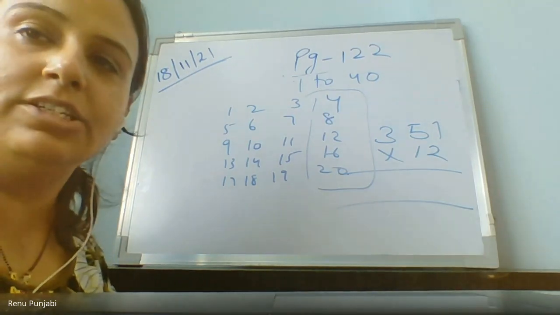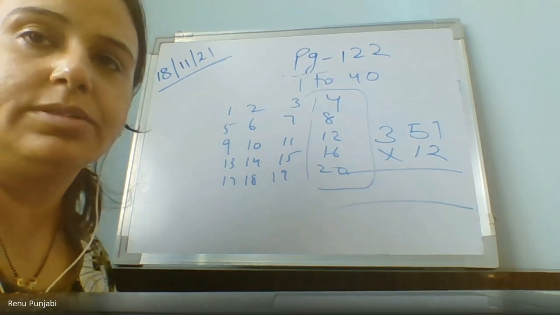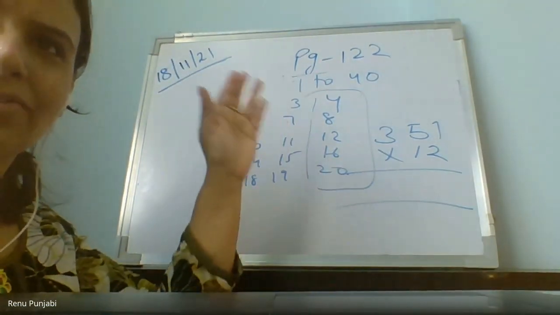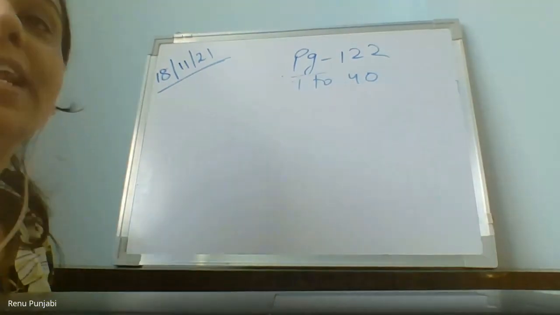Hello, ma'am. I have a trick of the 9 table. Can I tell? Yes, the 9 table is also a trick. Once straight and once reverse, right? Yes, ma'am. 0, 1, 2, 3. Yes, 0 to 10. Very good. Ma'am, I know a 19 table trick, but I forgot. The 19 table has a trick, and the 9 table too.